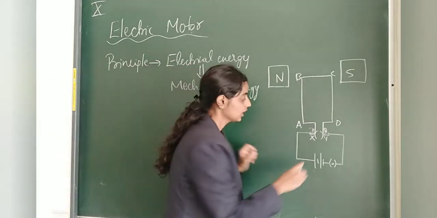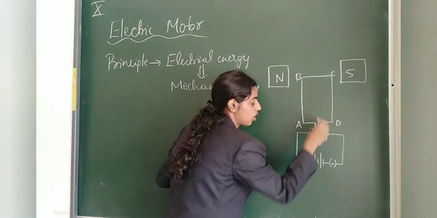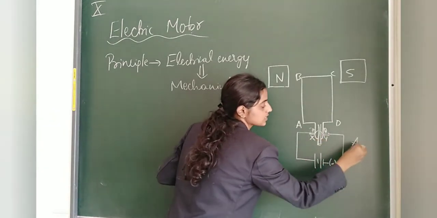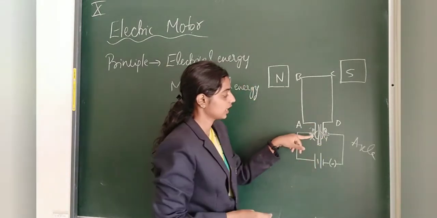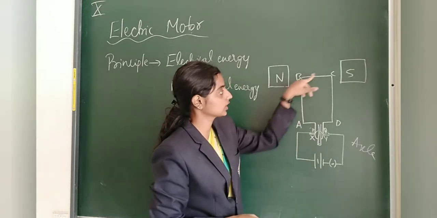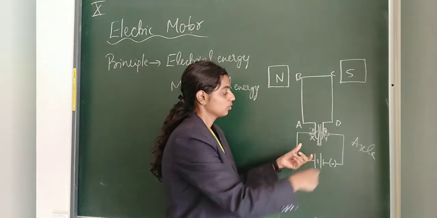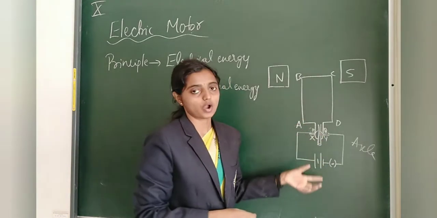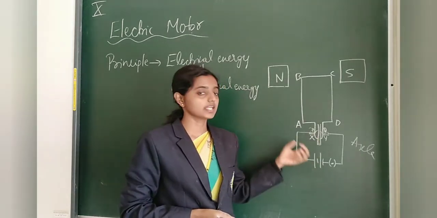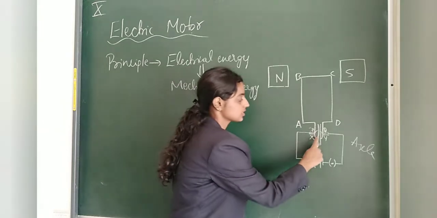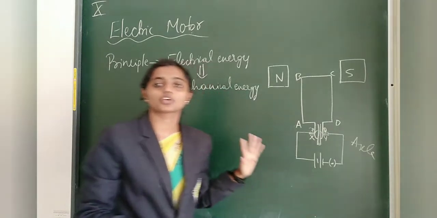And one more thing I forgot. These split rings are connected to an axle, which is a long rod. This is called the axle. The split rings are connected to the axle, and the rectangular copper coil is connected to the split rings. This is for easy movement of the rotating device. Due to that, they can easily rotate. If the axle rotates, then the coil will also rotate. This is about the construction part.